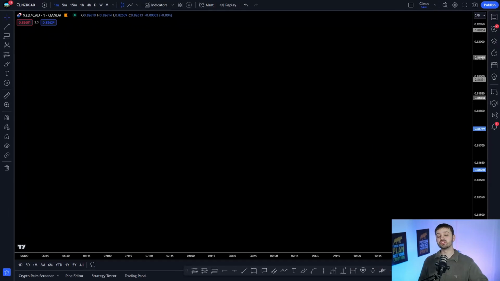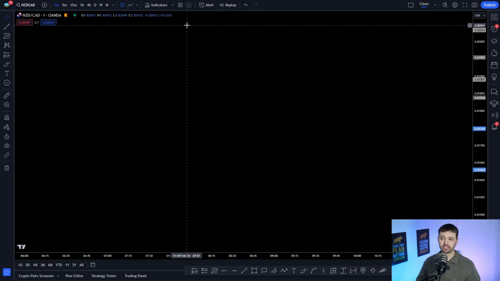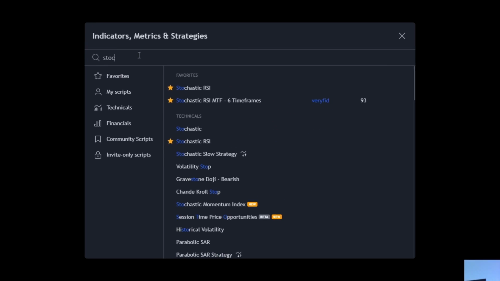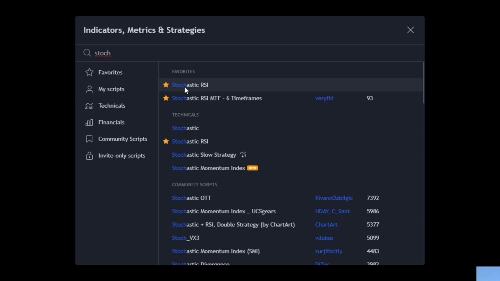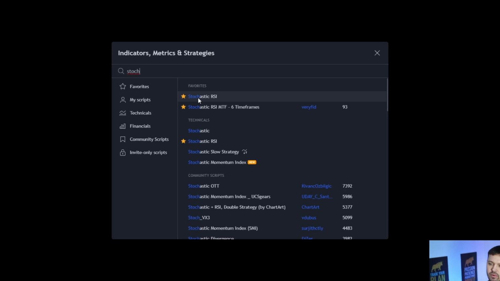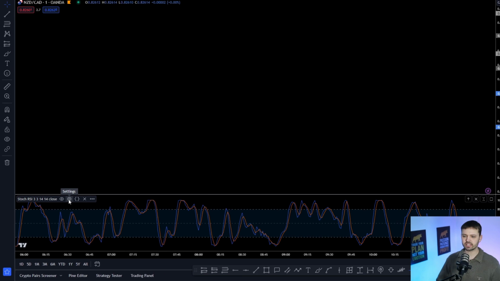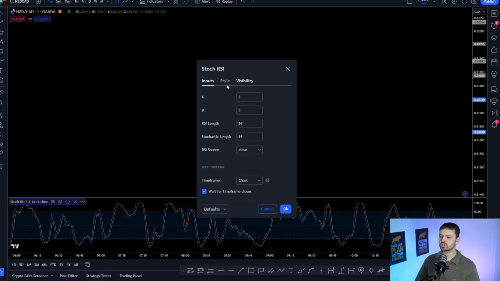First of all, what we want to do is add the actual indicator. So what you do here in TradingView, you go up here and press indicators and type in STOCH, and you'll get the first one. It says Stochastic RSI right here. Add that one and you'll see that this pops up at the bottom, and we want to change some settings for this one. So we press the cogwheel right here, press settings,